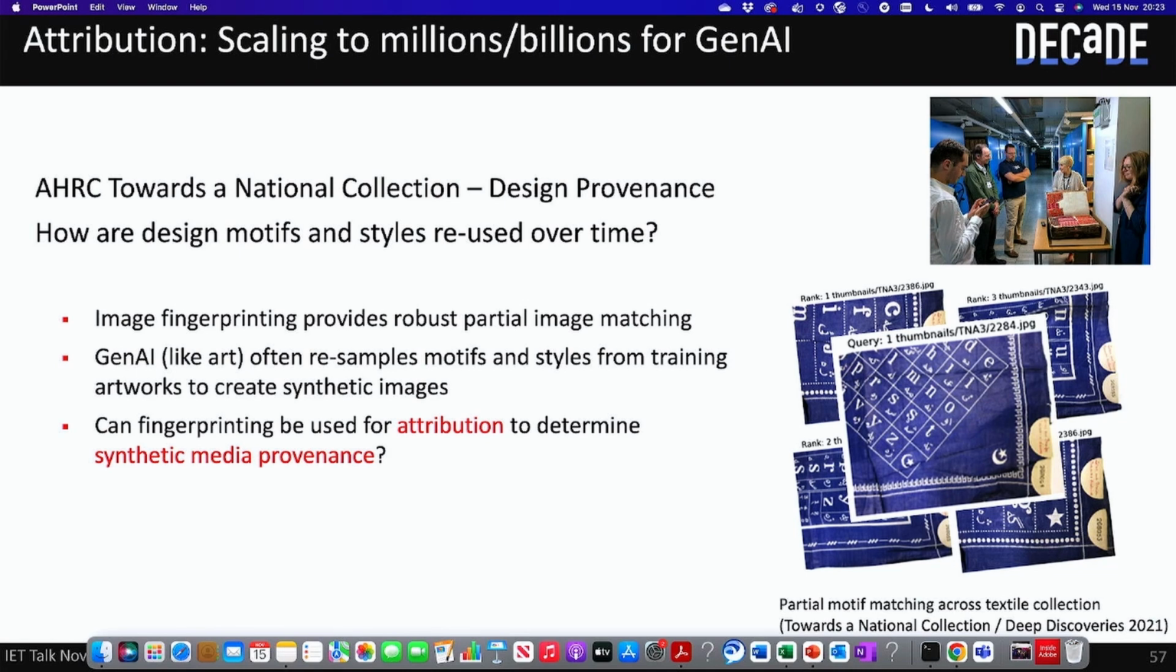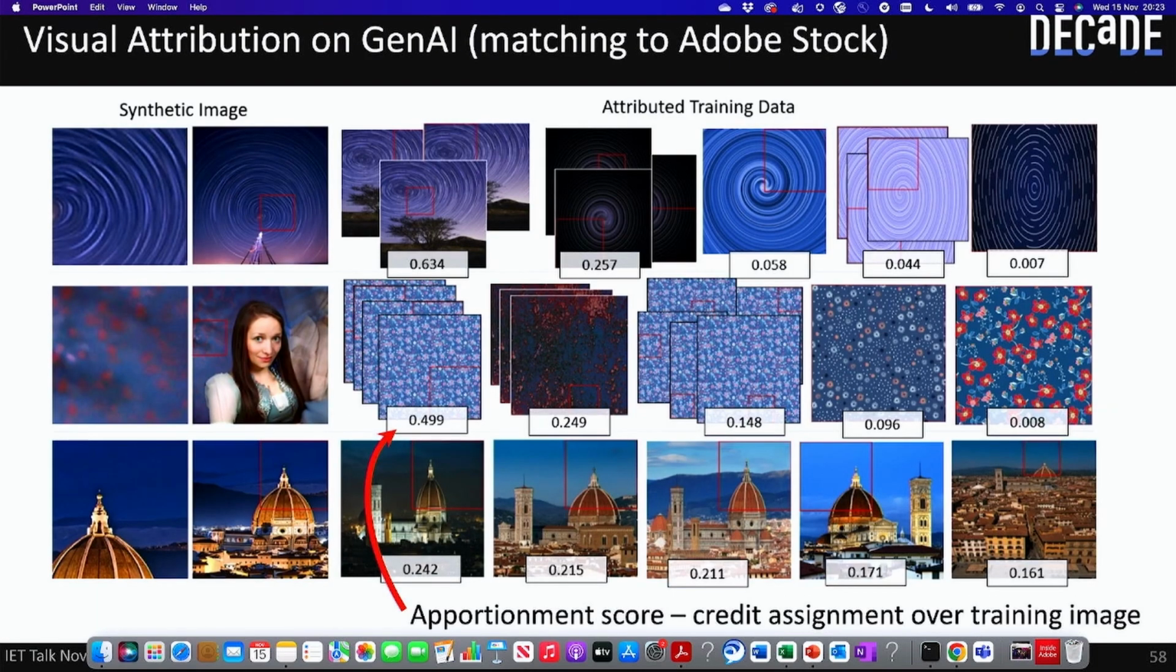Remember that book of the design swatches? So what we showed was that we could take fragments of design from that tome and match them to other bits of design in that tome. And actually that's what we need to do if we want to trace the provenance of a synthetic image. We want to see which bits of training data have been remixed by the generative AI model in order to create the synthetic image. So we reused that technology that we initially did for an Arts Council project for this